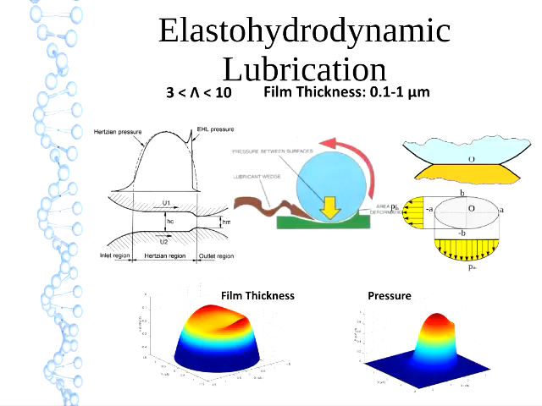So elastohydrodynamic lubrication takes place with non-conformal contacts, like Hertzian point or Hertzian line contacts. This would be ball bearings, roller bearings, gears, piston, cylinder liner,